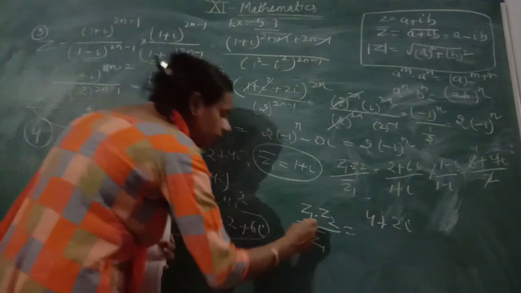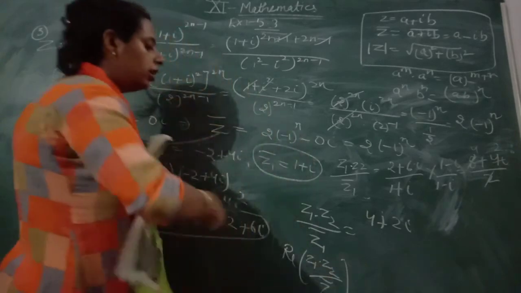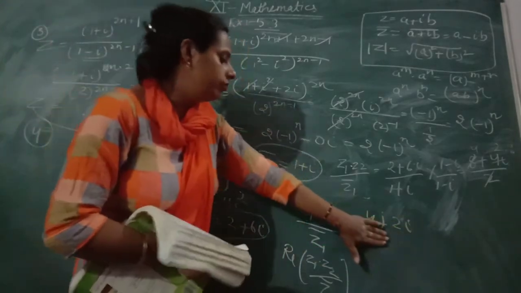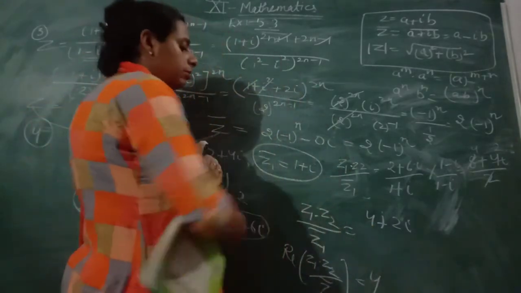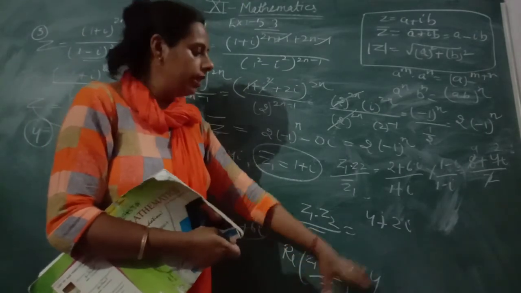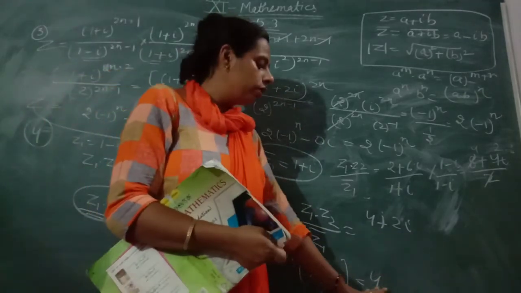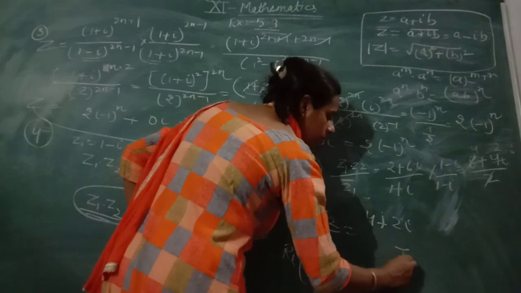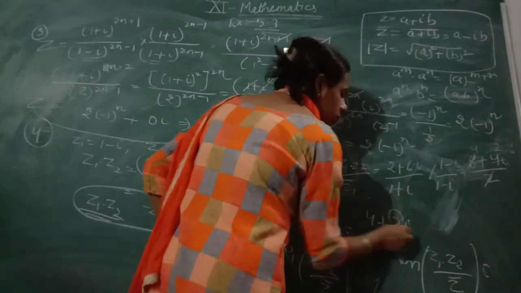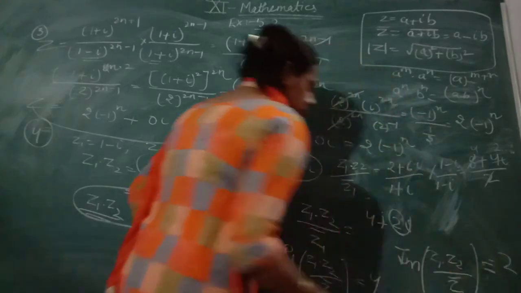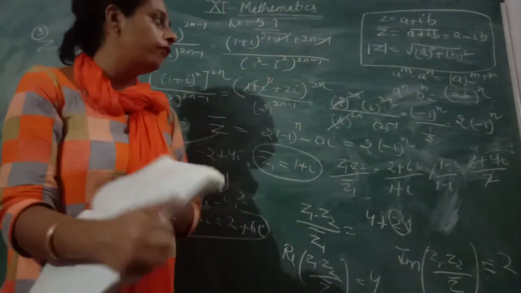Now what is the question? Find the real part of this. Can you tell me what is the real part of this term? That is 4. If someone is talking about the real part of any number, first solve that part and then convert it into the form of a complex number, then you can tell what the real part is and what the imaginary part is. And what is the imaginary part of this? That is 2. So your answer is: real part is 4 and the imaginary part is 2. Try these types of questions. Thank you.